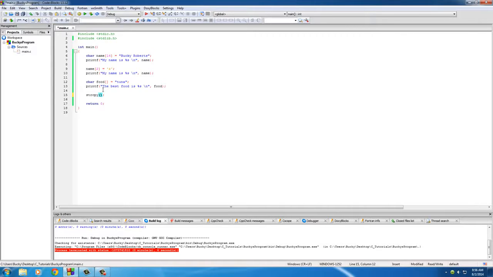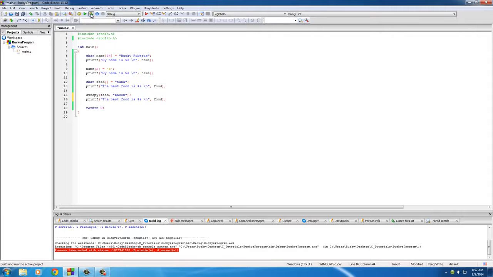Now, this is going to take 2 pieces of information. The first one is you have to tell it what array you want to change. Well, let's go ahead and change the food array. Now put a comma, and the next piece of information is what string you want to store in this array. Well, let's change it from tuna to bacon. So now the food array equals bacon instead of tuna. So if we print out this line,